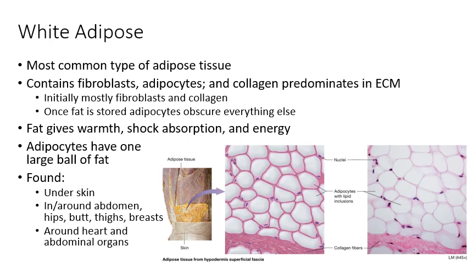Finally, adipose tissue. You have your two subtypes of that, starting with white adipose. White adipose is, of course, your most common type of adipose tissue. That contains fibroblasts, adipocytes, and collagen. So the main component of your extracellular matrix is collagen, and then you have a lot of fibroblasts and some